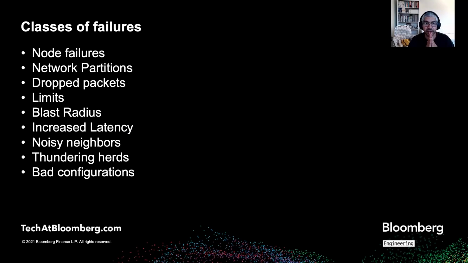So what causes of failure is chaos engineering useful for? I would argue that chaos engineering is useful for a whole class of failures. We already showed you node failures and network partitions and how they can be helped. Dropping packets is a very interesting one. You can easily drop packets using just a couple of iptables rules, which can drop packets with a certain probability. One of the experiments that we ran in the past is where we drop UDP packets with a probability of, let's say, 5%, and see what the effect is on latency. We found that even if you drop packets with a probability of 5%, due to UDP retries, you don't actually see any error messages in your application, but the latency goes through the roof. So that's an interesting thing to do. We already gave you an example of limits.